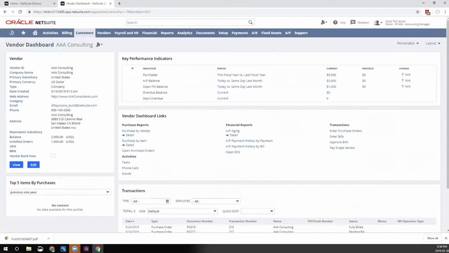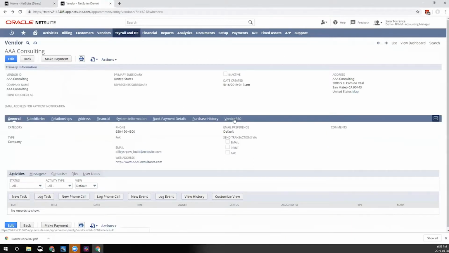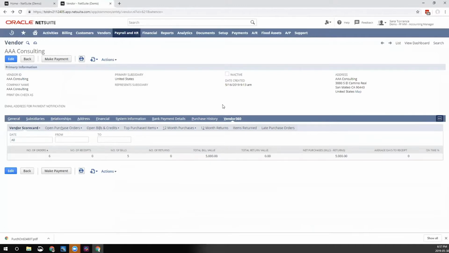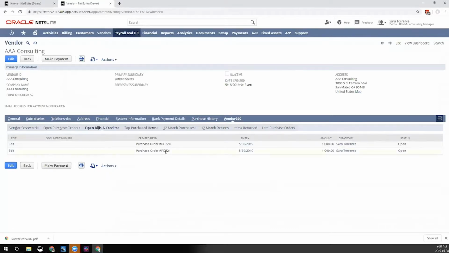And if we return to our previous screen, we actually have a sublist called the Vendor 360 that organizes the majority of our financial information related to this vendor in one place. So we're going to notice that our open bills and credits does include our most recent PO, 221, just as we created it.